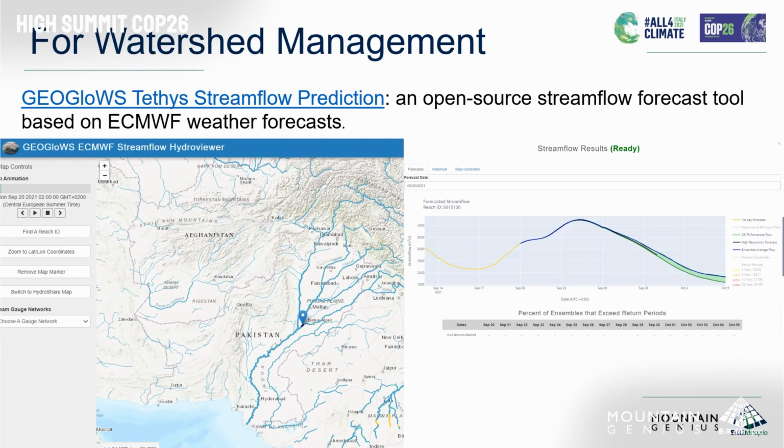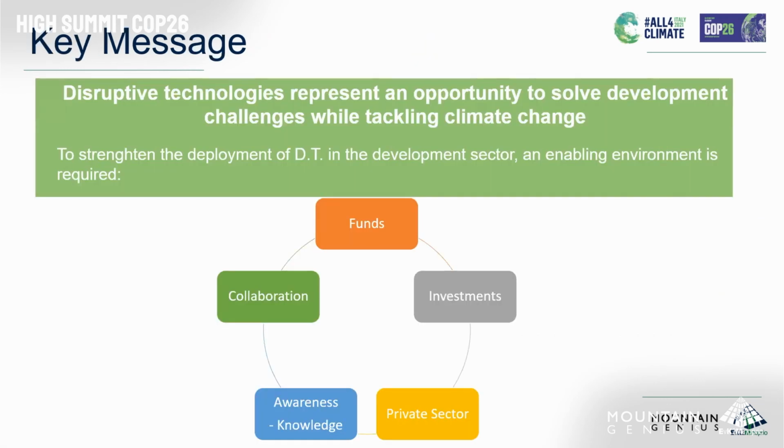And this type of information, in a country like Italy, it's okay, it's curious, but it might not be super useful. In developing nations, people can develop instruments on this information that can save lives. In case of flash floods or floods, you can estimate the area that is going to be affected by the flood, and you can send an early warning message before the event takes place. So, in a nutshell, disruptive technologies really have the potential to